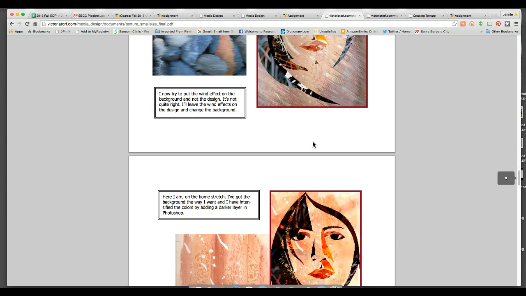Does it seem like a fun assignment? Yes? It's very fun. Trust me. You guys are going to get your hands a little dirty. You're going to have fun. And the textures are going to get you excited about what it is that you're going to do for your